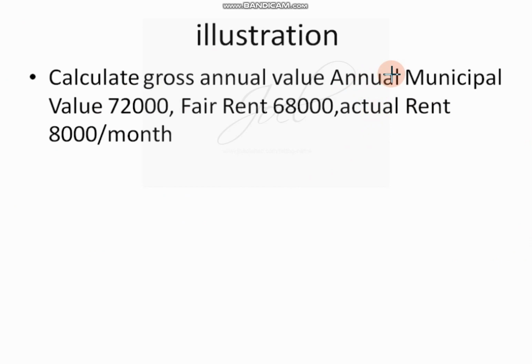Quickly I will tell you again. Municipal value, fair rental value, the highest one is 72,000, and standard rent is not there here. When standard rent is not there, we are not considering it. When standard rent is 0, we cannot consider the lowest one, like 0. The other amount whatever is available, that we will consider. So 72,000 and 96,000, that is 8,000 into 12. When you compare 96,000 and 72,000, you will get the final answer as 96,000.